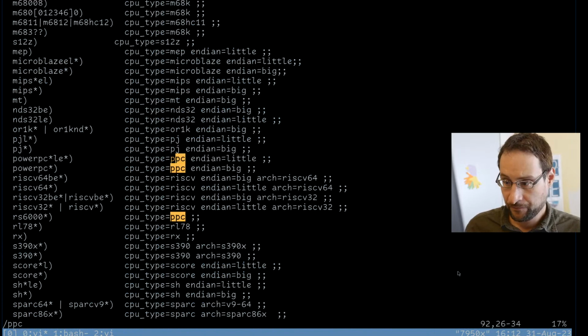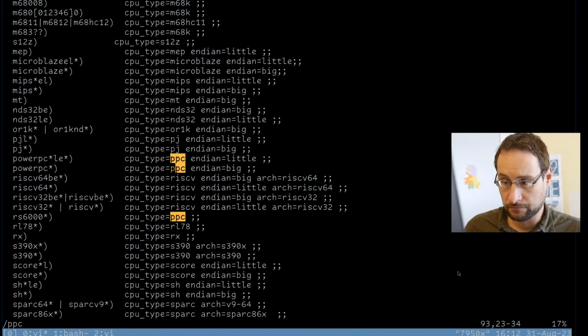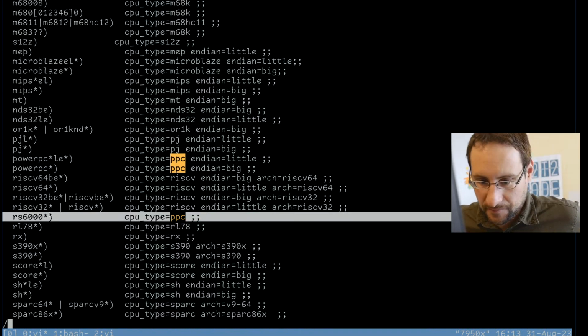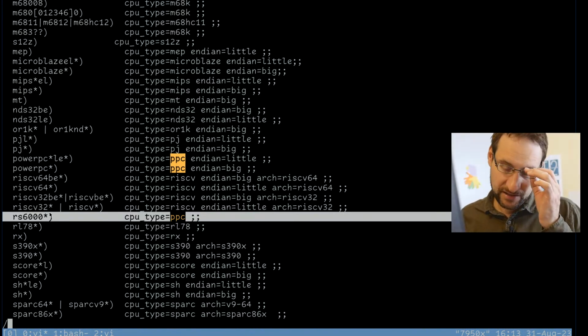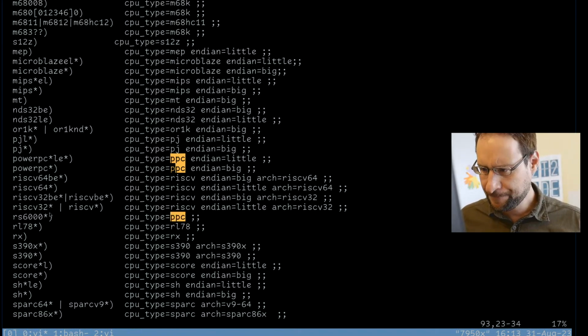Here is something. Okay, this only has CPU type. So yeah, that this still is a valid target. I mean, RS 6000, yes, RISC System 6000, otherwise known as PowerPC. It's like, yeah. Okay,